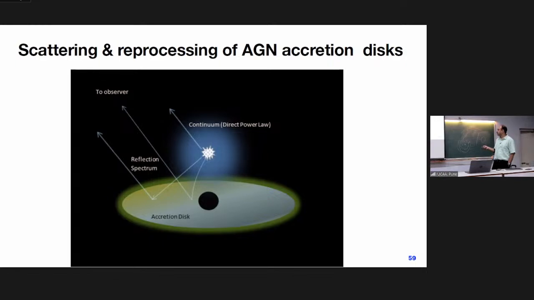But suppose from one given radius, you have some emission. Usually in this system, all of this thermal distribution of gas is surrounded by a very hot plasma. It's called a corona, similar to what we have for the sun. This hot plasma is extremely hot, a temperature of 10 to the power 7 Kelvin or so, and the electron temperatures are on the order of 50 keV, kiloelectron volts. So any photon that is coming out from this accretion disk will then go and scatter with this object and go up. So when we look at the spectrum in the X-ray observations,